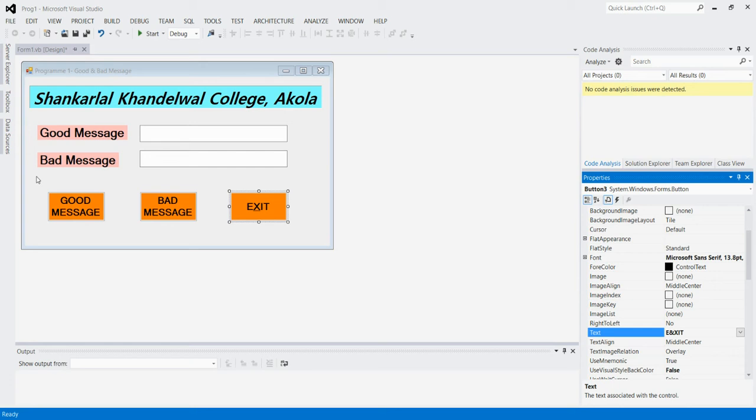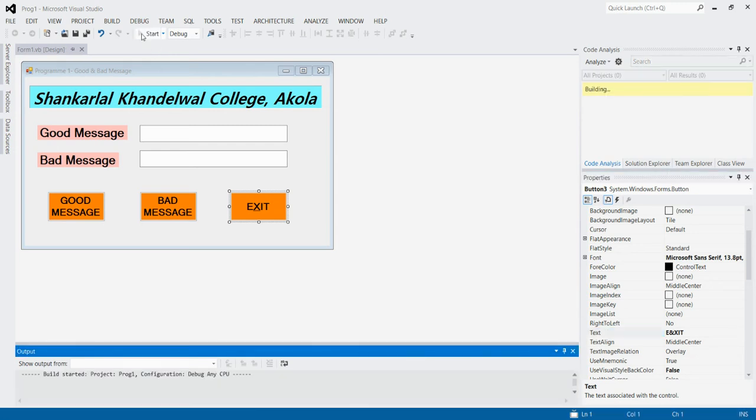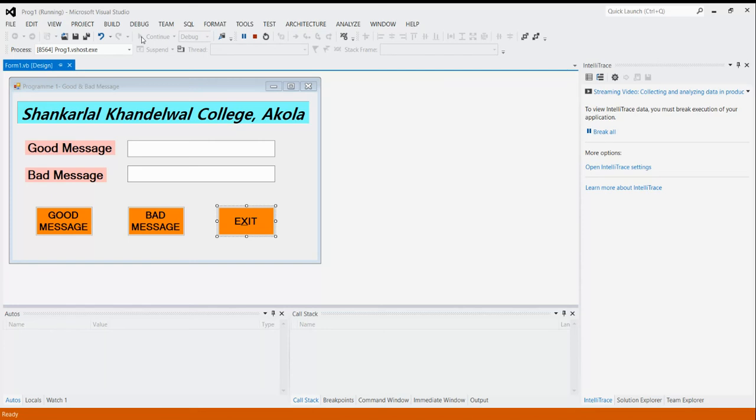Now remember, if we have to run it, we have to go to the start button over here. You can see that by clicking on it, our application will run over here. But here only the blinking will be seen. In the same way, after clicking on bad message or good message or exit, no action or event will happen.